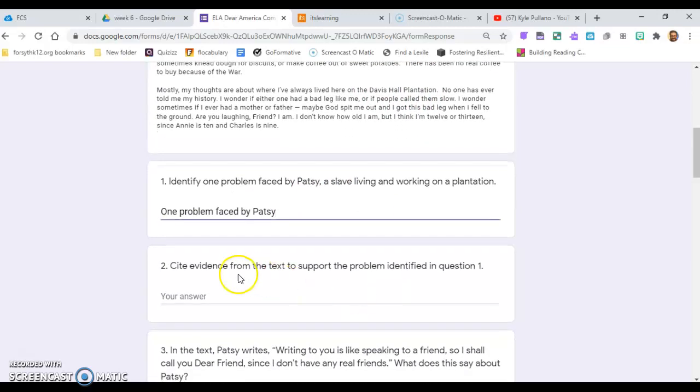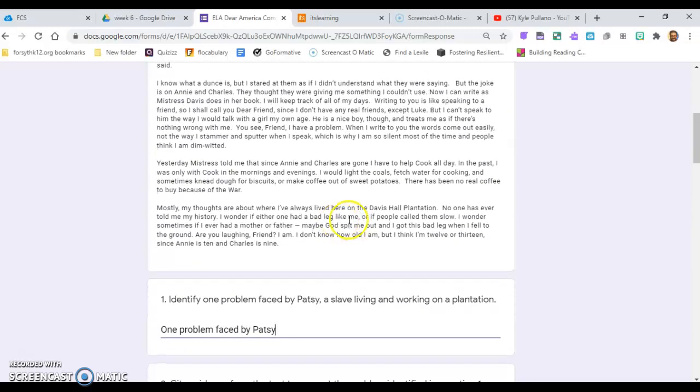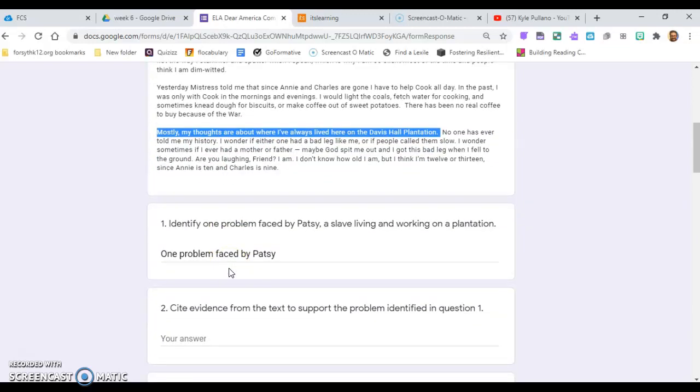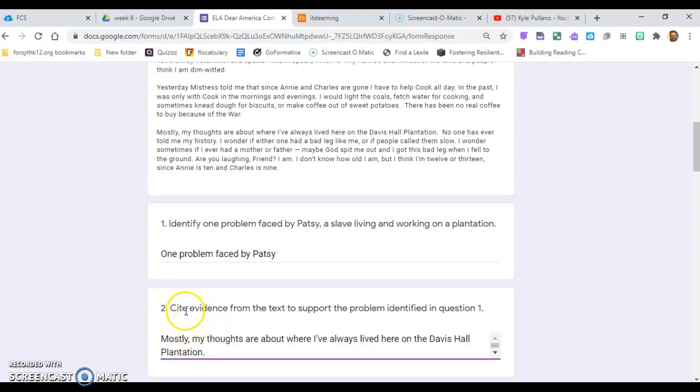But then if you notice, question 2 says cite evidence from the text. Pull a sentence from the text and use that to support the fact that that was one of the problems she had. Basically, you're showing in the text where she is having a problem. An easy thing to do would be copy and paste. I'm going to grab a sentence just randomly. This is not the answer, but what you can do is Control C, Control V, if that were my answer. But you would want to start out by saying